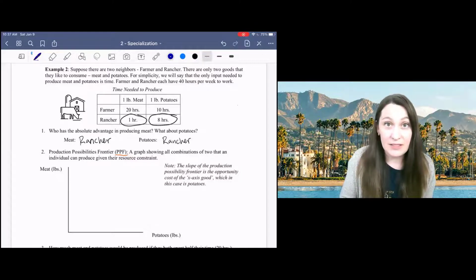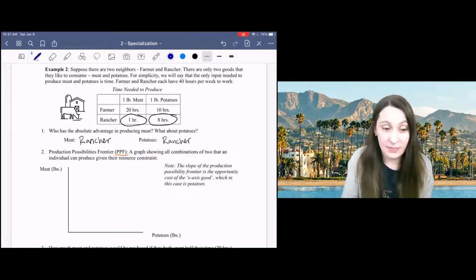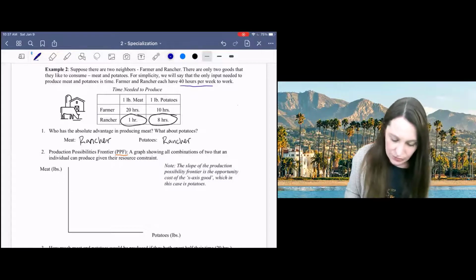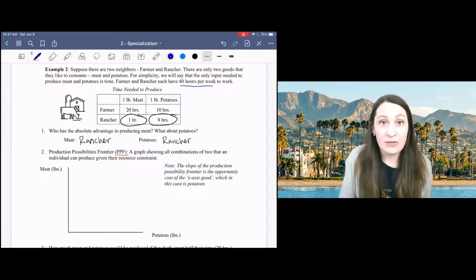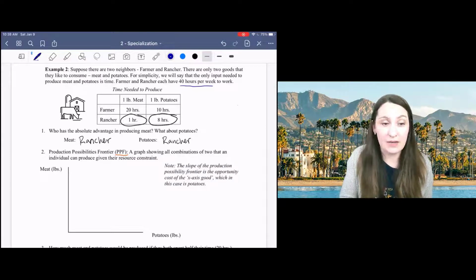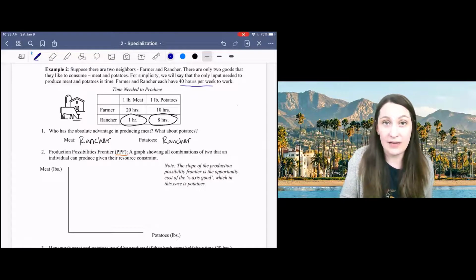We simply want to plot all of the combinations of meat and potatoes that the farmer can produce in 40 hours. So in 40 hours, the farmer can produce all meat, all potatoes, or some combination of meat and potatoes. The simplest way to plot the production possibility frontier is to begin by thinking about the two extremes, all meat or all potatoes. If the farmer spends all 40 hours a week producing meat,